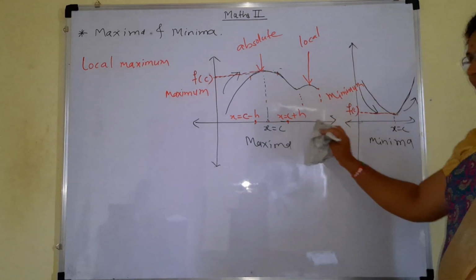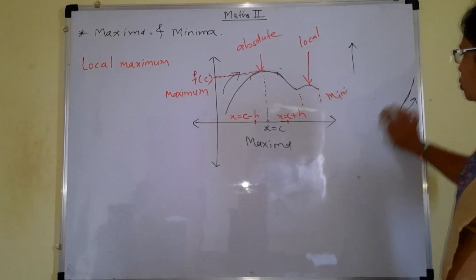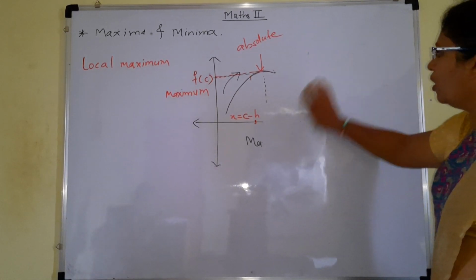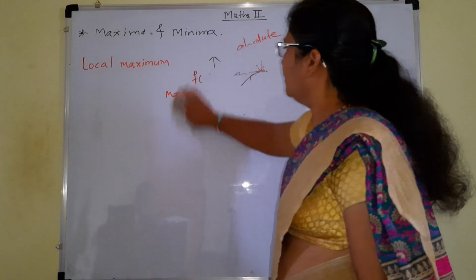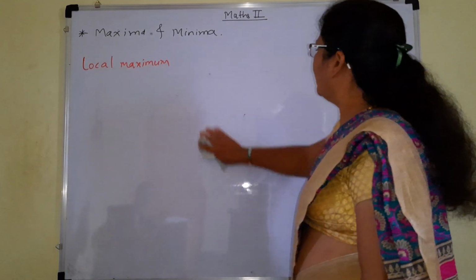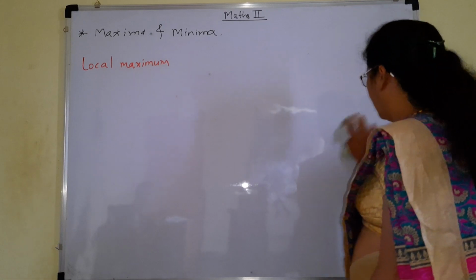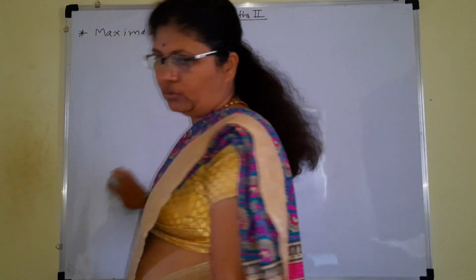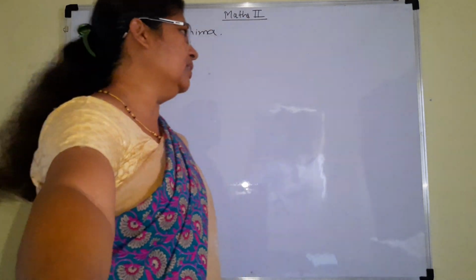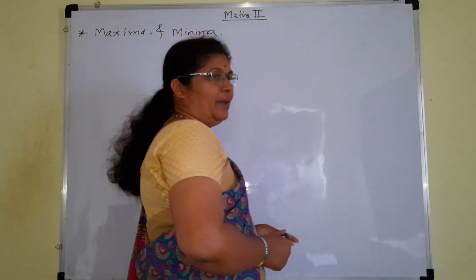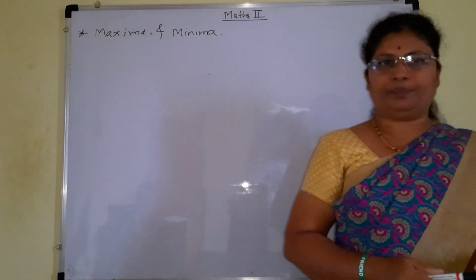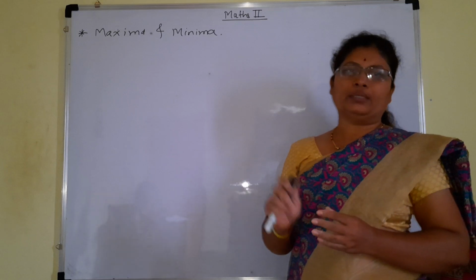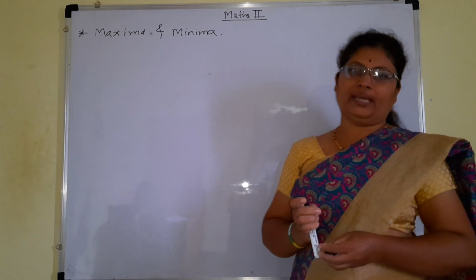The concept explained here we will use to find the minimum and maximum values of the respective function. So for that, what should we do? We have to find the derivative of the function. There are two different methods to find the maximum and minimum value of the function. The first method is the first derivative test, and the second method is the second order derivative test.